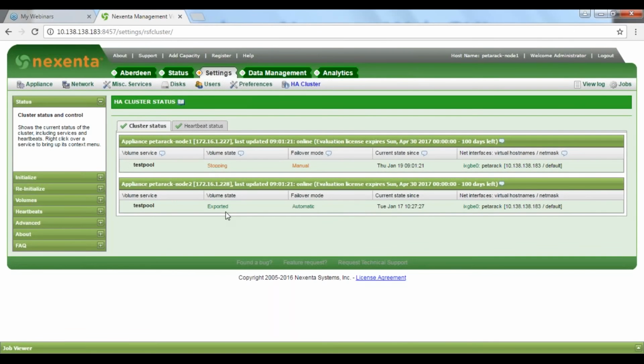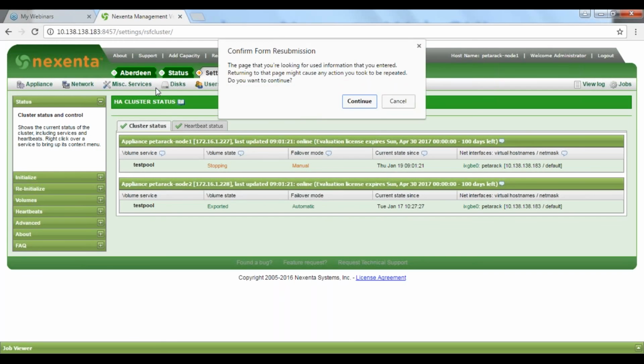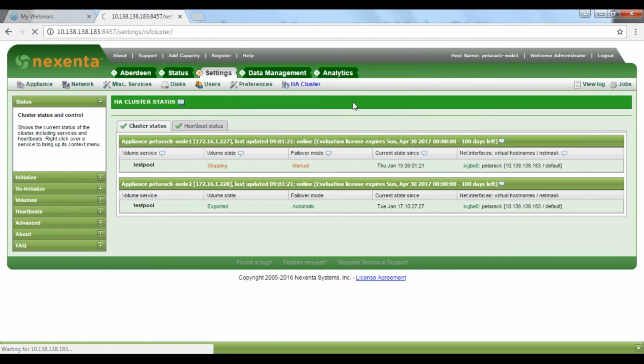Now, another part of this failover is that the virtual IP that I was talking about has to float over to the passive node, which is about to become the active node. So if I refresh the screen, you'll notice that after a few seconds, I will be showing the cluster through the newly activated node,